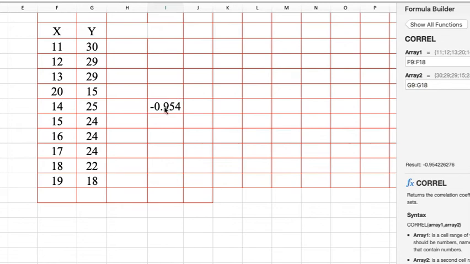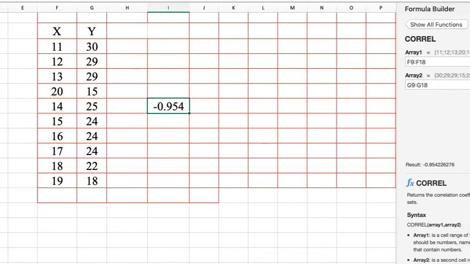Now if you see here, it is negative. Earlier it was almost minus 1. If we take it to more digits, this is what we have, minus 0.9542. So this is again the negative correlation between price and supply, right? So now we are going to Stata and then to SPSS.